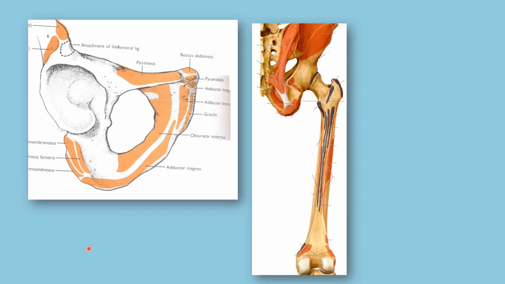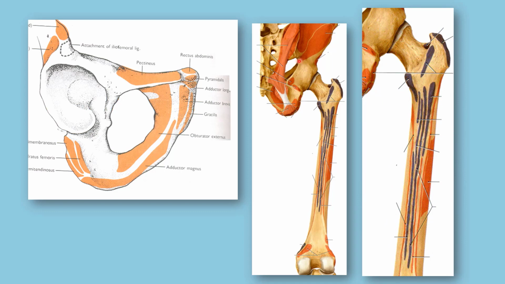These are pictures showing the front of the hip bone. This is the front of the pubic part of the hip bone. This is the acetabulum. This is the pubic symphysis. This is the right hip bone which is shown. And this is the ischiopubic ramus. This is the ischium. This is the pubis. The ilium is not shown here, and this is the acetabulum. The front of the pubis gives origin to most of the muscles of the adductor group. And this is the back of the femur which shows insertion of this group of muscles.